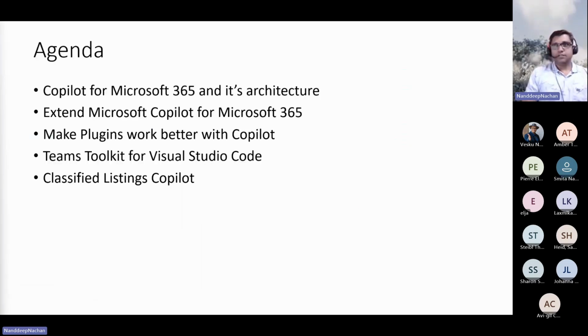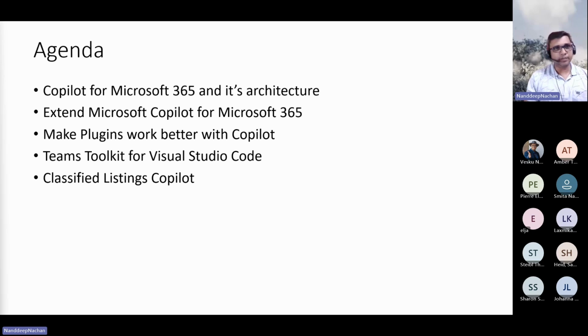With that introduction, let's get into the agenda that we are going to cover in this session. I know that you must be exploring Copilot, but we will start with the basics: what is Copilot and how it is beneficial for Microsoft 365 users, and we will see its architecture. Then we will see the possible ways to extend Microsoft Copilot for Microsoft 365, and one of those ways is creating plugins that can work better with Copilot. We will make you aware of all the possible options by which you can extend Microsoft Copilot, but we will deep dive into creating a plugin with Teams Toolkit for